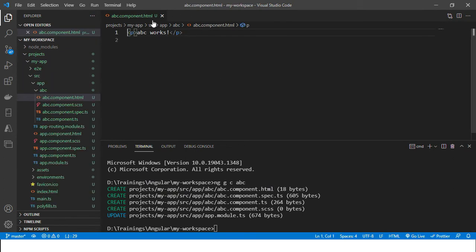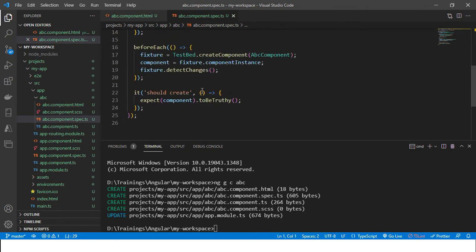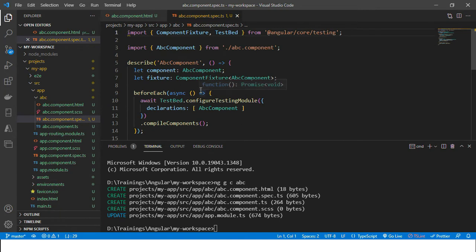See this. This is the view file, abc.component.html. It is a simple template, a paragraph: abc works. That's it. And this is the spec file, for unit testing.